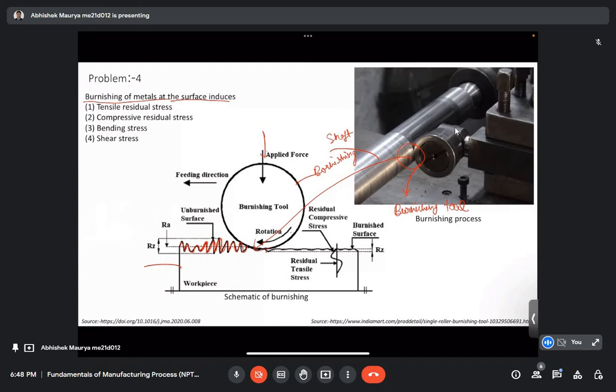The burnishing tool's hardness is higher than the workpiece. Therefore, when it comes in contact with the workpiece, due to the application of this normal load, the local asperities get deformed, and here we get a good surface finish,